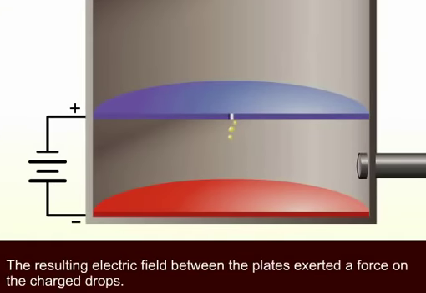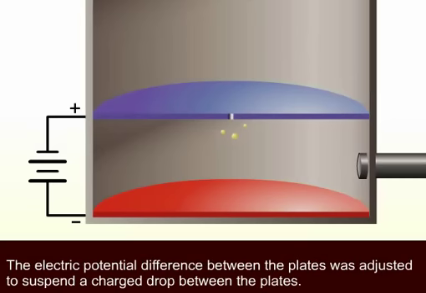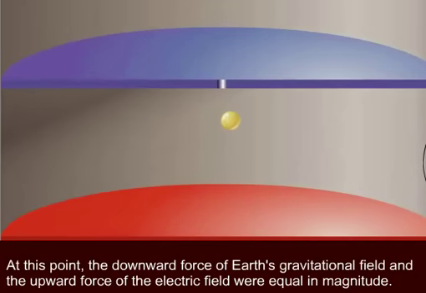The resulting electric field between the plates exerted a force on the charged drops. When the top plate was made positive enough, the electric force caused negatively charged drops to rise. The electric potential difference between the plates was adjusted to suspend a charged drop between the plates. At this point, the downward force of Earth's gravitational field and the upward force of the electric field were equal